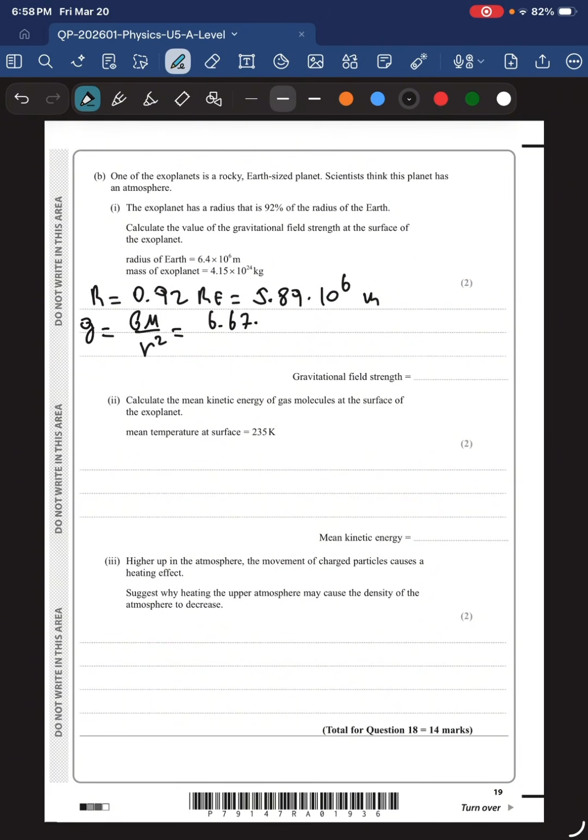So 6.67 times 10 to the negative 11 times 4.15 times 10 to the 24 over 5.81 times 10 to the 6 squared, which yields 7.98 newtons per kilogram. So you can write 8 newtons per kilogram, or meters per second squared. It's equivalent. All right. Calculate the mean kinetic energy of gas molecules at the surface of the exoplanet, and they